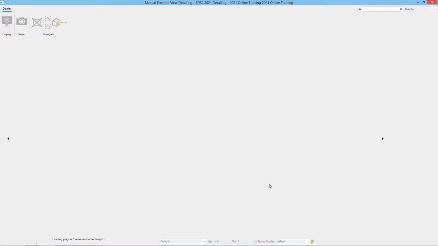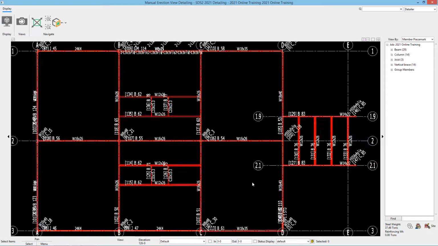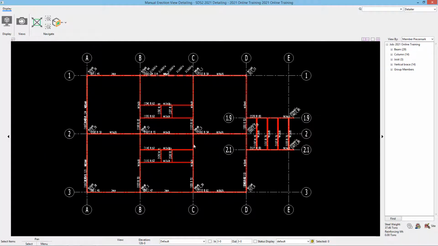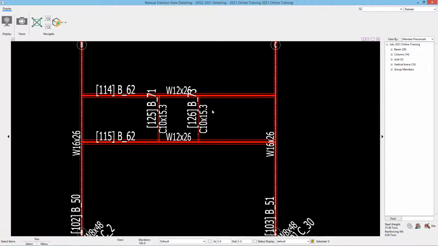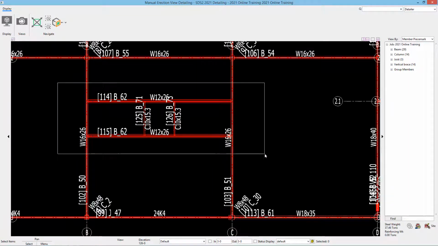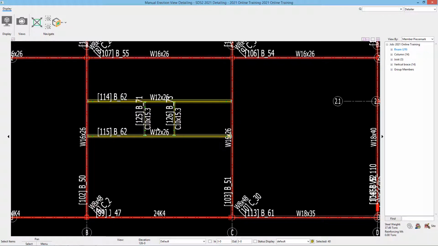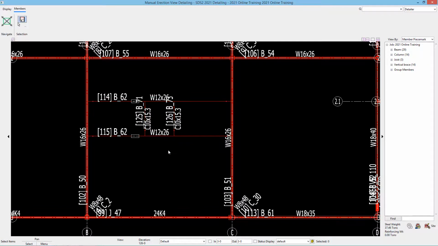This now brings up our Manual Erection View Detailing window. The Manual Erection View Detailing will allow us to hide, show, or specify how we want to show these different members. For example, maybe I don't want to see all of these members as wire. I could come in here, window around that, right click and set that to stick, and we can see that